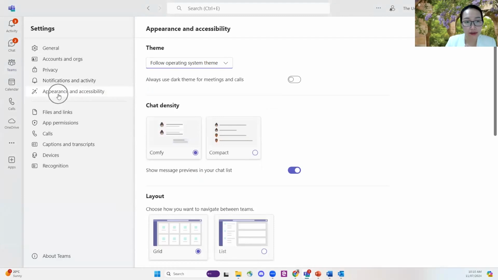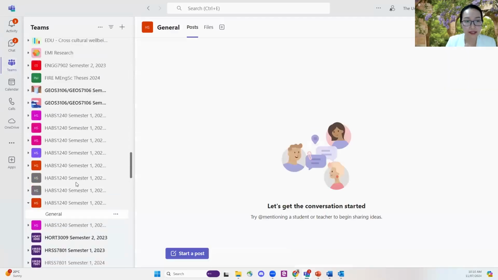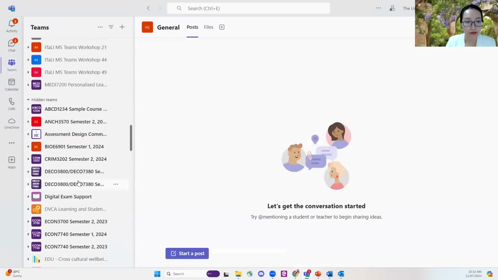After that, you can click on appearance and accessibility. Scroll down to the layout and you will see grid or list. So let me change to the list and then I will show you how it looks. So this is the list view. I have all the courses that I have been